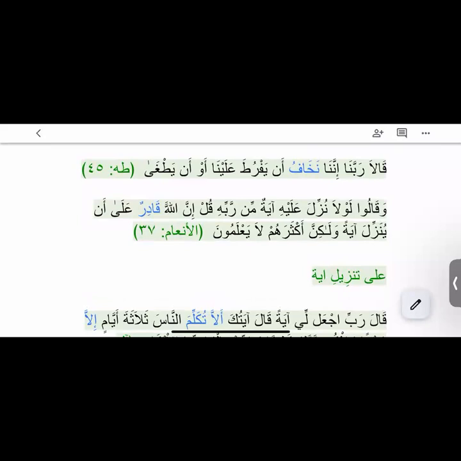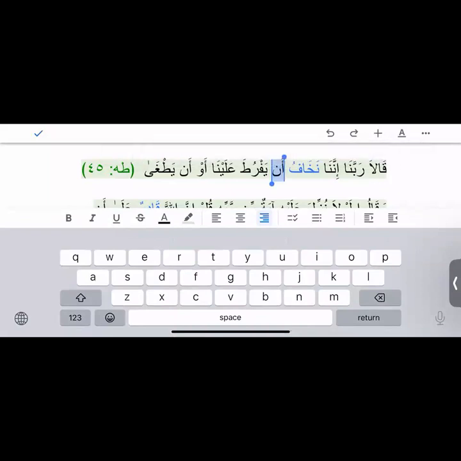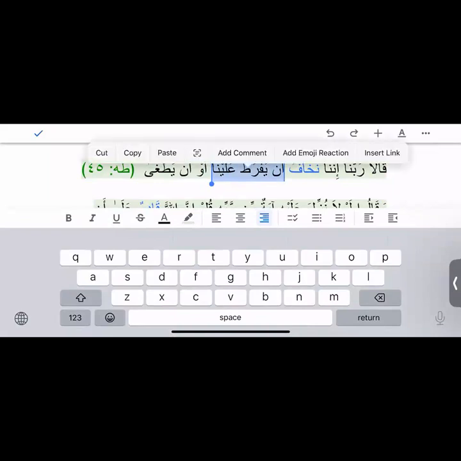So now look at this word an yafruta. If you have to connect it to your jumla, nakhafu, how are you going to connect? An yafruta. What are we fearful of? Is it answering your what question, yes or no, Alina? Yes? Can I say the status of this an yafruta alayna, this whole al-masdar al-mu'awwal, is fi mahalli nasbin.